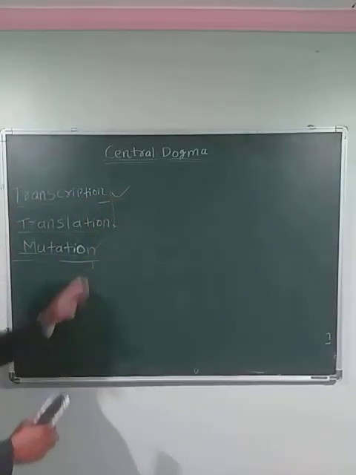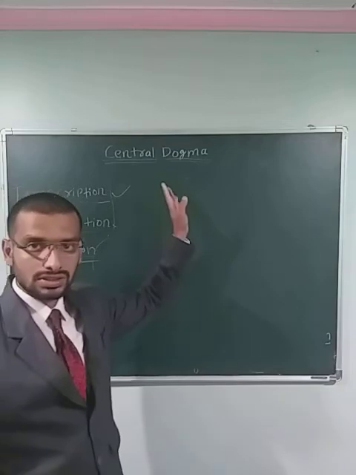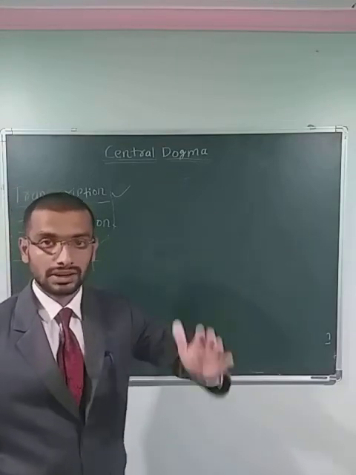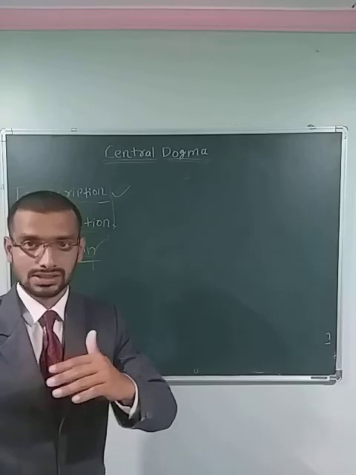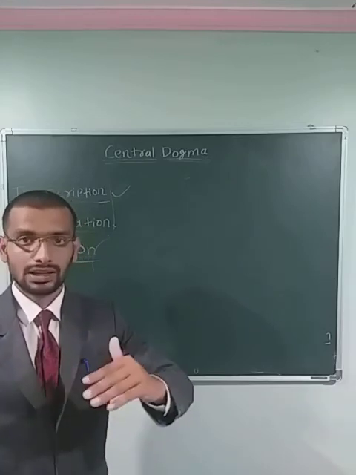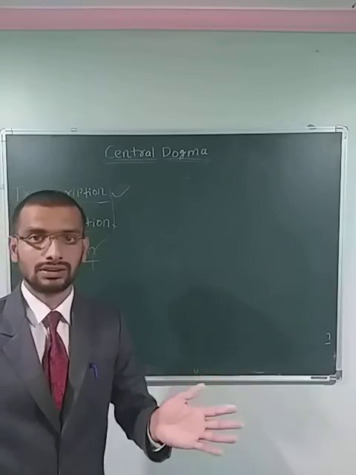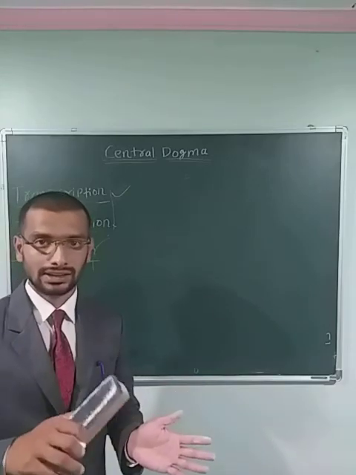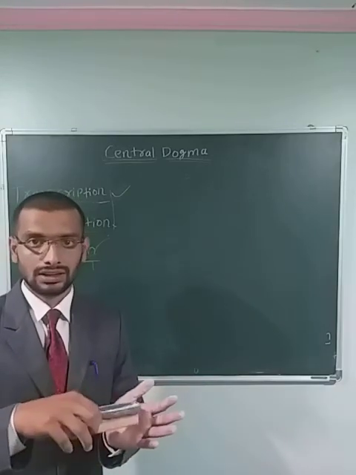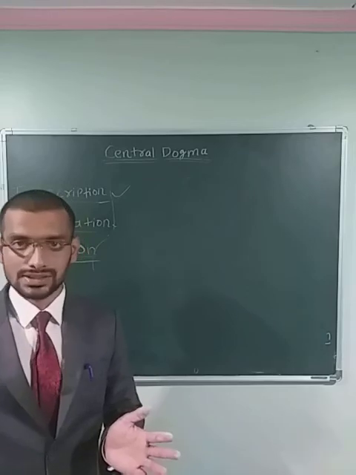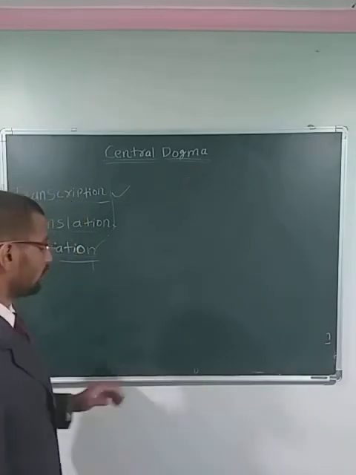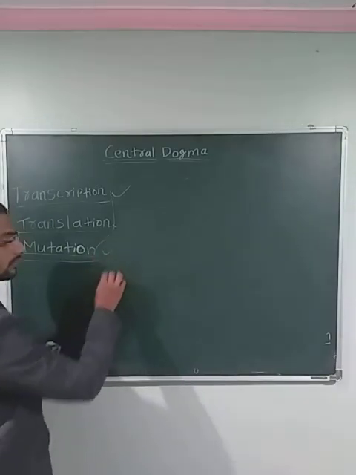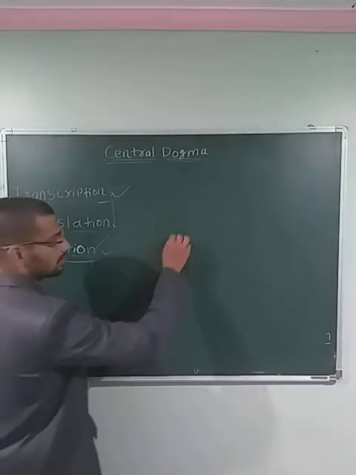So what we have seen: the transcription process in which the DNA molecule creates its own copy in a single strand formation called mRNA. That mRNA will enter the cytoplasm where the ribosomes and tRNA will attach to it, and it will make a chain of amino acids. That chain of amino acids is called protein. Now we'll move to the last point of today's discussion, the mutation.